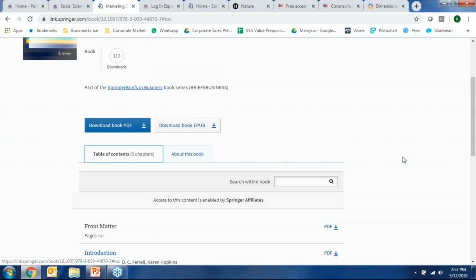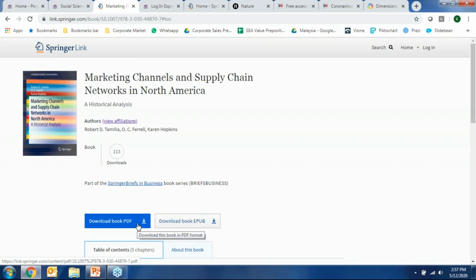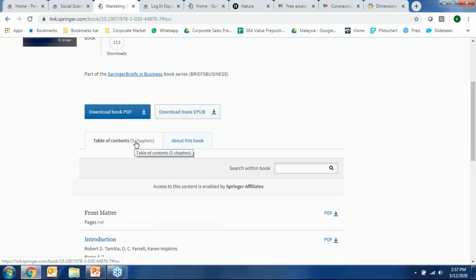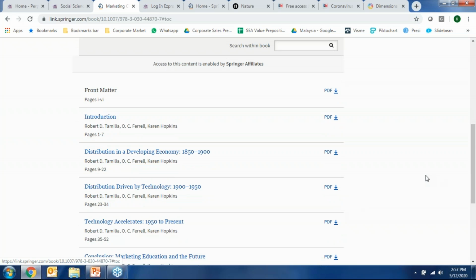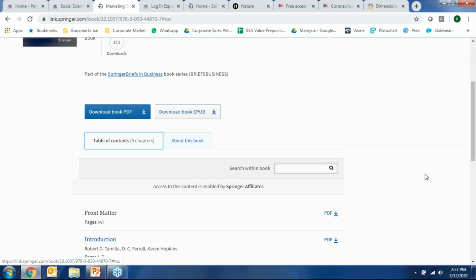So for a book, you can either download the entire book itself. For this book, there are 5 chapters, or you could download the individual chapters of the book if you're only intending to read or use that chapter. This can be quite useful, especially when, although this book is quite small with only 5 chapters, you're looking at an entire encyclopedia which has thousands of pages and hundreds of chapters. You may not want to download a copy that is perhaps 5 gigabytes in size. Although you could, doesn't necessarily mean you want to, because you're only really looking at a few pages.